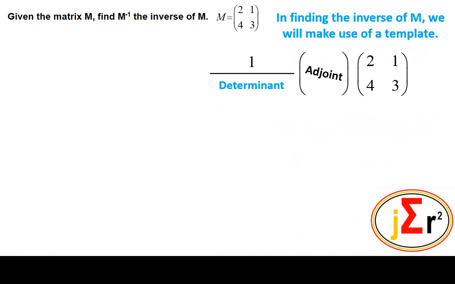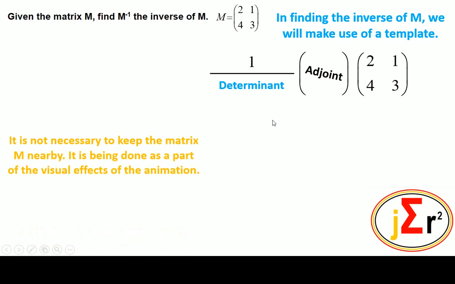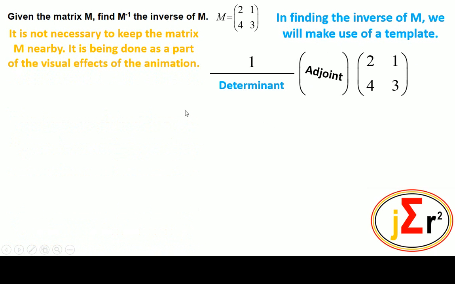And the template is saying 1 over the determinant multiplied by the adjoint, and we have the matrix here, which is not a part of the solution. It is not necessary to keep the matrix M nearby. It is being done as a part of the visual effects of the animation and nothing else. Therefore, it is not a part of the solution, and we will discard of it when we get to the right place. For now, we are just keeping it nearby in order to show the animation of how we arrive